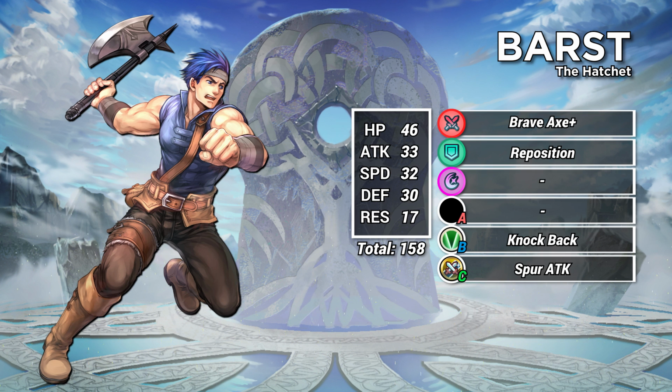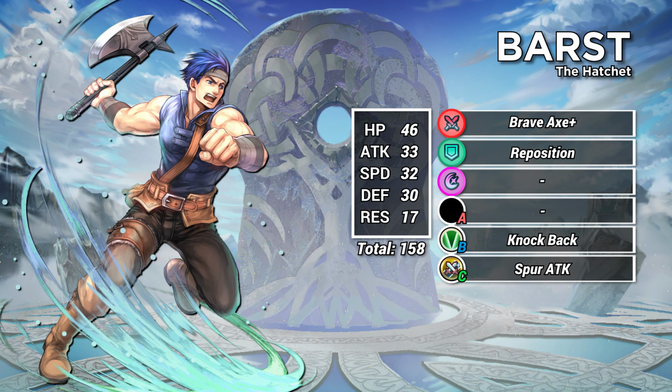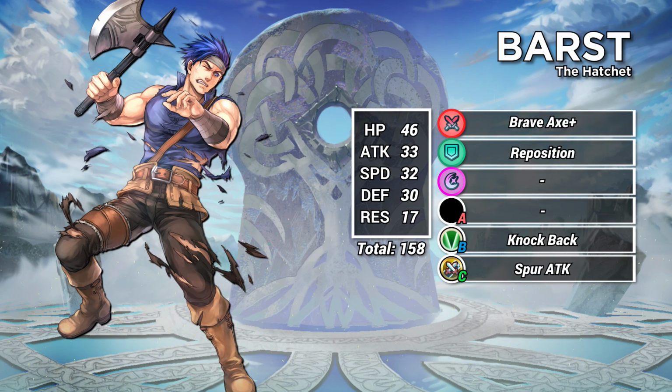Stat-wise, Barst is actually really good. With 33 attack, 32 speed, 30 defense, and 17 res, Barst falls somewhere in between Bartra and Raven. He's a melee generalist, although he vastly prefers physical opponents. If you want a Gen 2 comparison, the best example is probably Libra. And even though Libra has more stats overall, Barst does have a real advantage over him in terms of physical